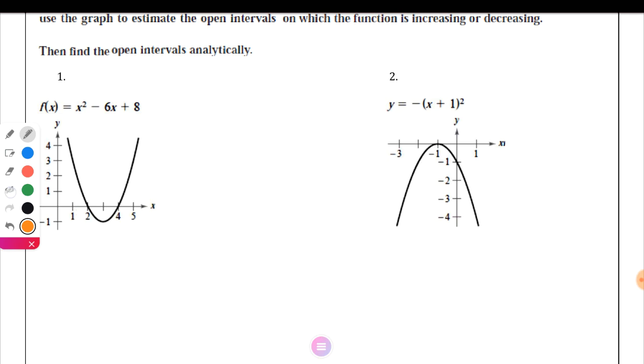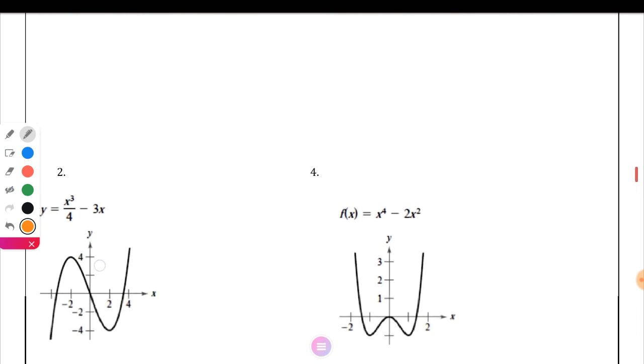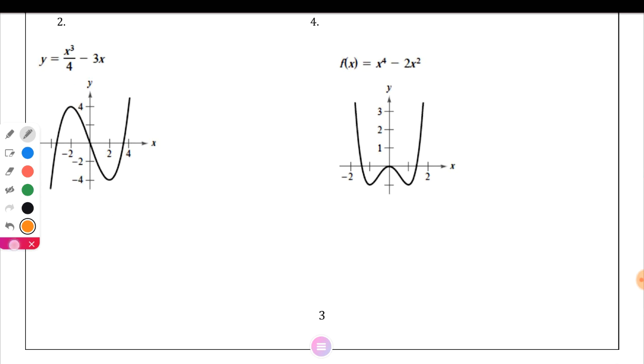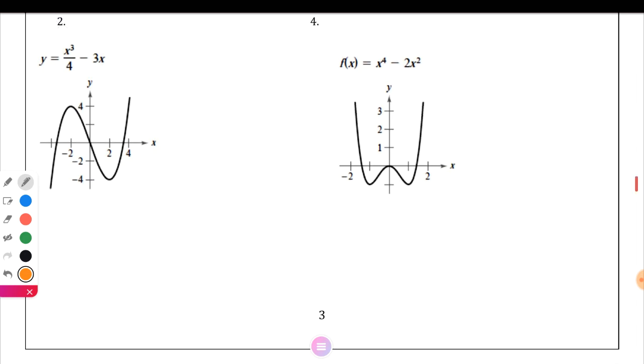Let's solve the next question. This one, question number 3, would you like to solve number 3? I think number 3 and 4, I named this one number 3. Solve by the same way. Identify where the critical numbers are, okay? Then what is the behavior of the function: on which interval the function is increasing, on which interval it is decreasing. Okay,